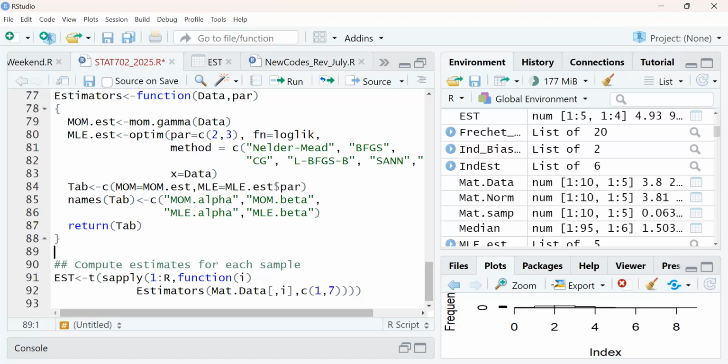So now the next thing is that we now have repetitions of the estimator. So we can now find bias quite easily. And we can find the mean square error because we know the actual value. But how do you find it? You have to also write a function. So R is just function. Once you know how to write a function, you are good to go.